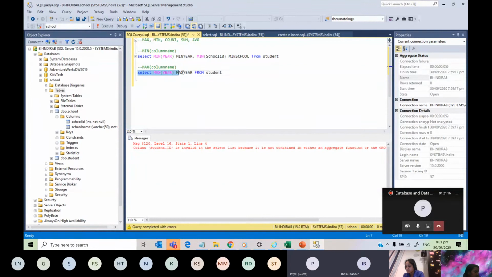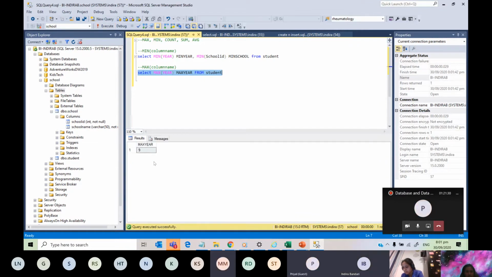Okay, if I run this, what's the answer that we are expecting? Anyone? Gaurav? The maximum of the year. Yeah, the maximum of the year is 9. Did everyone get it, or any questions? No?